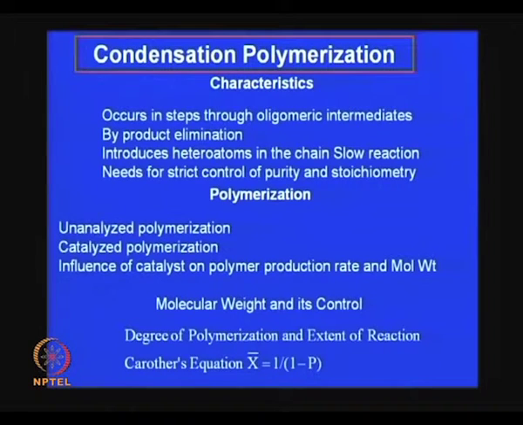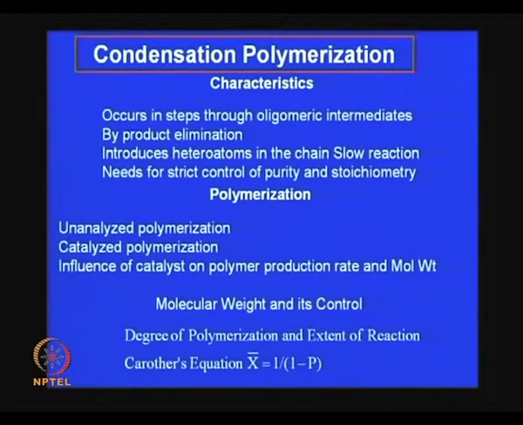Polyester synthesis needs a catalyst. What are the catalysts? Concentrated sulfuric acid, para-toluene sulfonic acid, chlorosulfonic acid, etc. Any strong acid you can take as a catalyst for this polymerization. Or even you can do this polymerization without using any catalyst, provided it is a polyamidification or polyesterification reaction, because one of the reactants is acid. So, one of the reactants can perform as a catalyst also, that we will see.